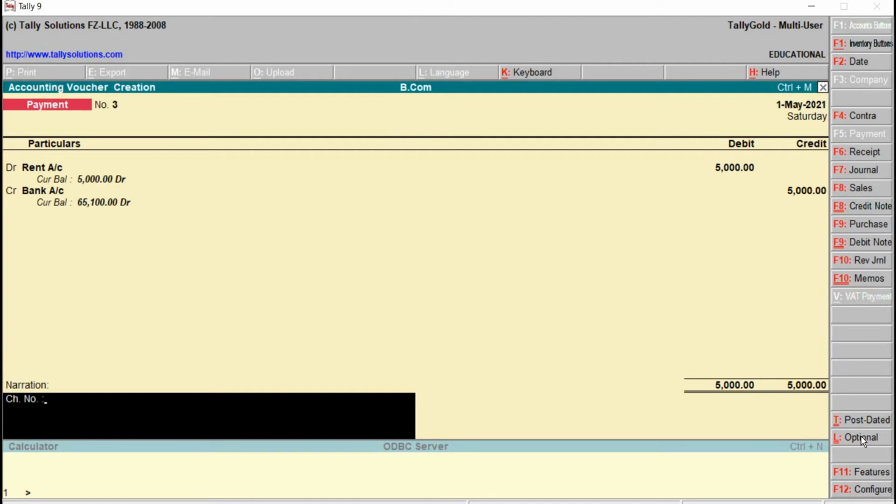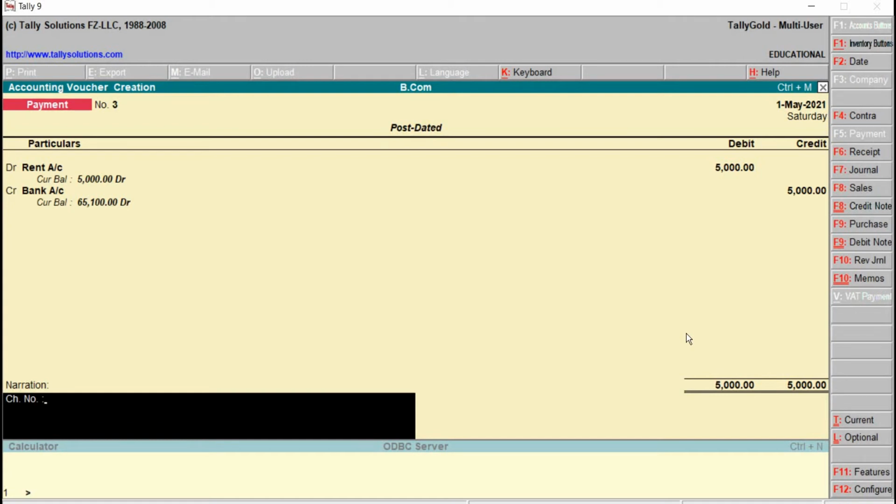Right, the same way we can mark this one as post-dated also. Just click on this one, post-dated or current. Post-dated, current. Or else we can make use of a shortcut key, that will be Ctrl+T.